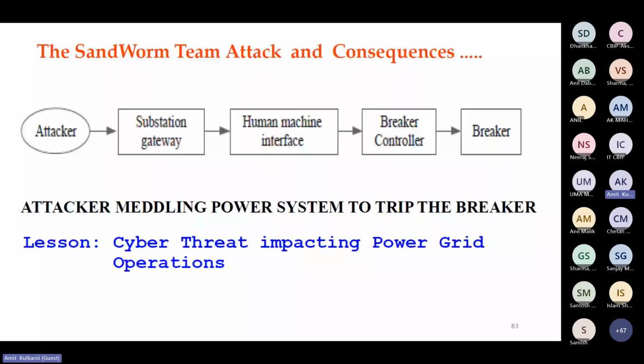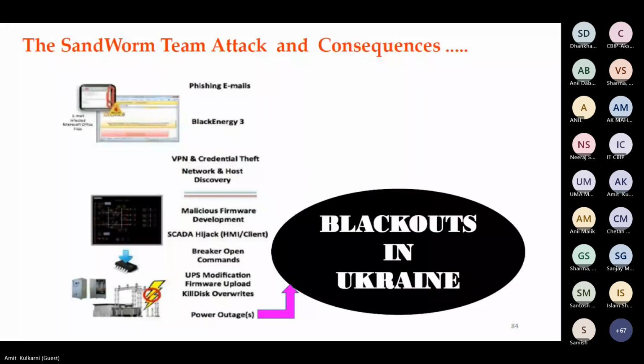So what happened? The attacker enters the substation gateway, HMI, breaker controller, and operated the breaker, affecting the power grid. So what was the sequence of the attack? A phishing email was sent, VPN and password credentials compromised access, then malicious firmware was deployed to affect the UPS operation,